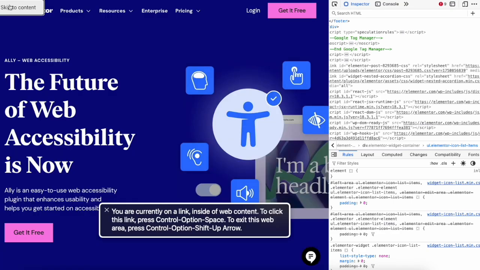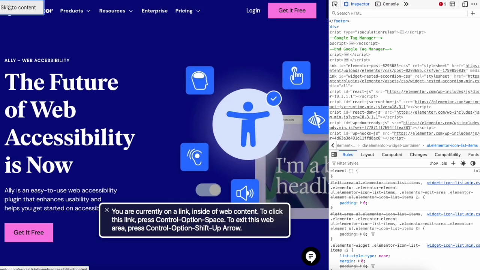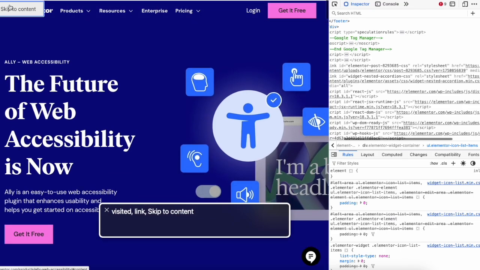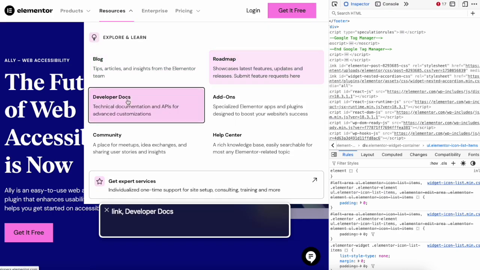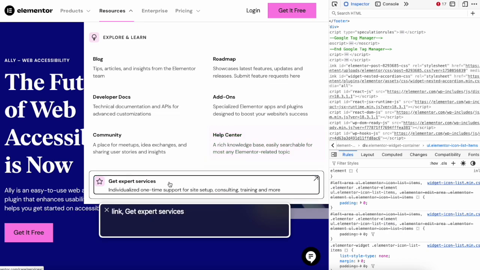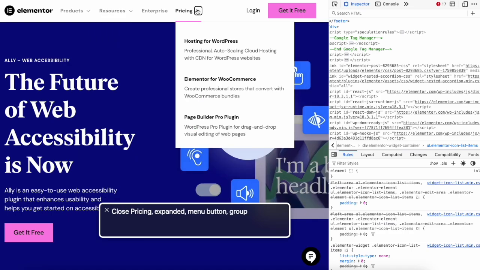Back up at the top of the page, I did have some trouble with the skip to content link. Sometimes it would work and sometimes it wasn't. And then when it did work, it took me to the stats section and skipped over the hero section. Their mega menu didn't read out the additional text for each of their menu items. It only read out the main item, so I'm missing out on this additional context that they felt was important enough to include in their menu. It's also changing the text of the button to open/close, which shouldn't be done either.